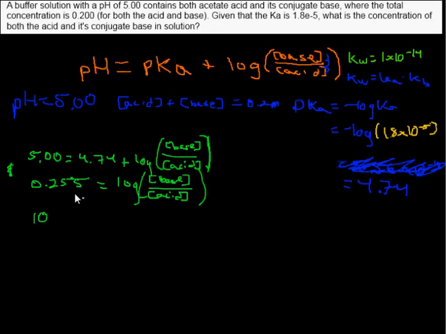This is a positive number. 10 to the 0.255 is equal to the concentration of the base over the acid. Basically, what we're solving for is the ratio, right? And the ratio is